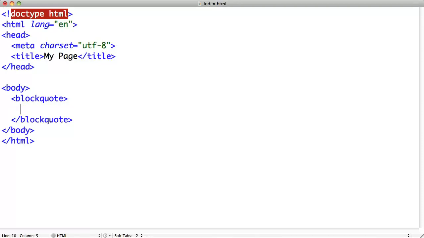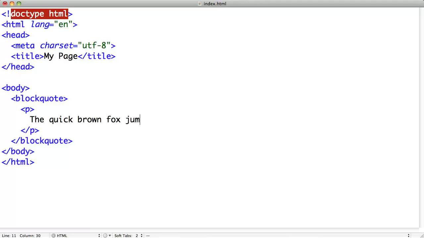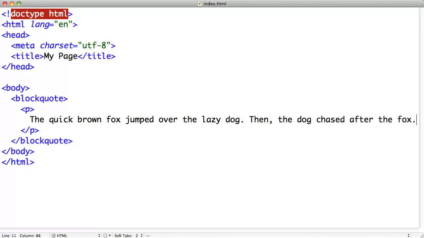Inside of our block quote, we want to use a paragraph tag because we're going to be wrapping some text that happens to be a quote. So we'll just say, the quick brown fox jumped over the lazy dog. Then the dog chased after the fox. So there's our quote. And if we switch over to the browser, and if we go back and refresh the